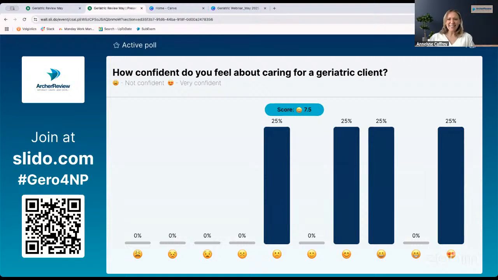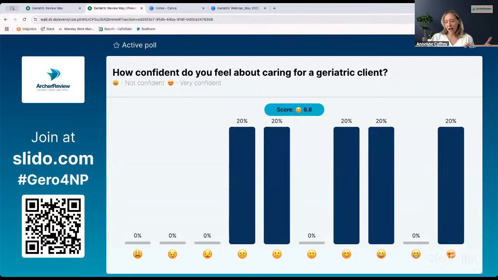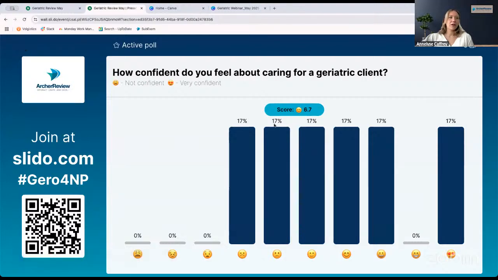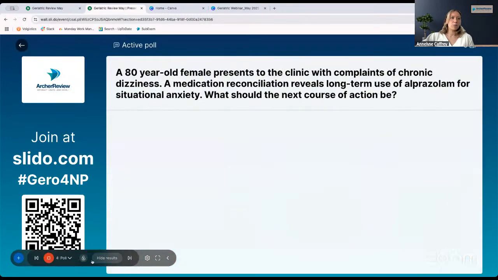Okay. I guess I like to see this. Geriatrics is my population. I like that we've got some people that are feeling really confident about caring for them, and some that are a little bit less. By the end of this webinar, guaranteed you're going to feel a little bit more confident. I feel like I can say that because I am the one teaching the webinar. Okay, this is good. This is exactly what I needed to know. Okay. Awesome job, guys.